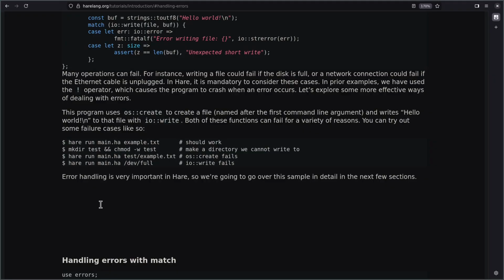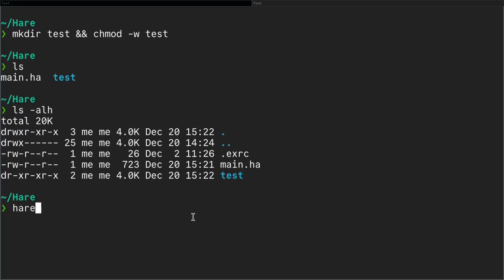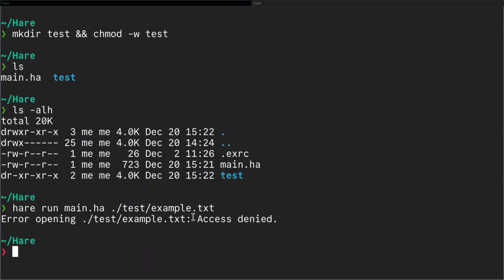Now let's go ahead, and what we're going to try and do is create this example file within this test directory, okay? And so let's go ahead and say test and then example.txt. Okay, you can see error opening, access denied, and that's because we revoked the write permissions on this directory. Okay,